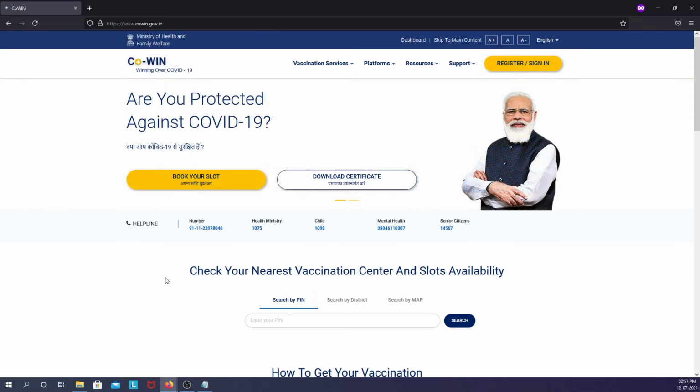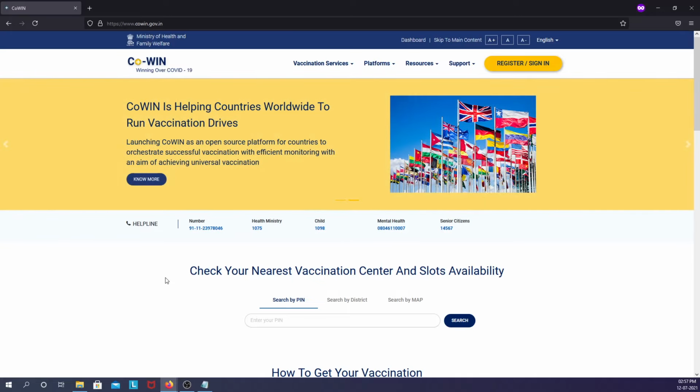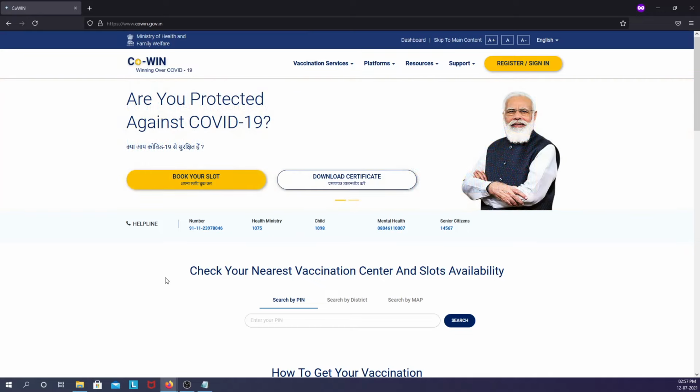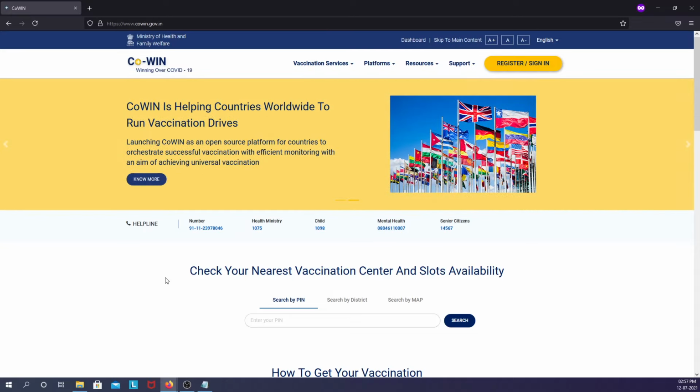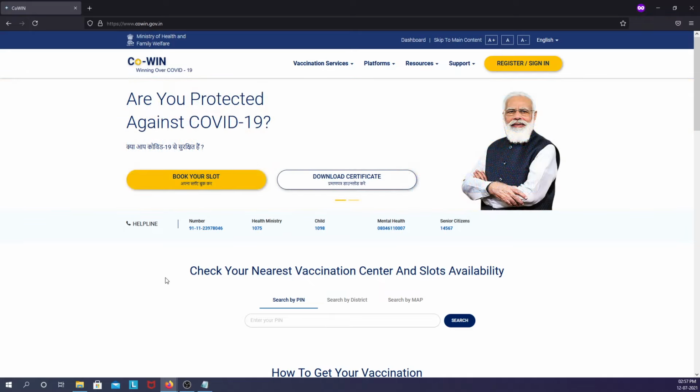Once they find one, they can book the slot. So as you can see, there is a series of steps. First, users need to register by providing their information and submitting it, and next is to search for the vaccination centers and the available slot.